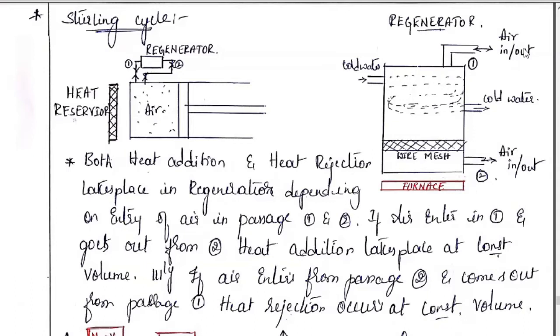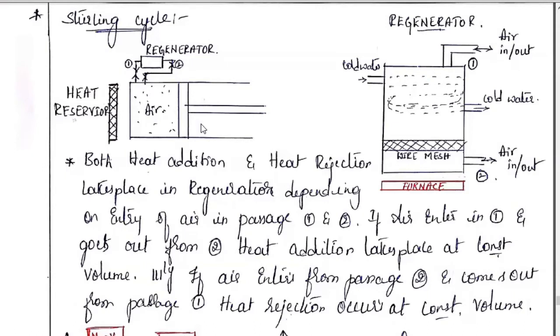Next, similarly, if air comes from the first port, goes around the cold water coil, becomes cold, then comes into the wire mesh and down into the second compartment, becomes hot, and comes out. You may ask, why is it required to heat it up and cool it again, to cool it and heat it up again? See, this is called the working condition of the regenerator that is attached over here.